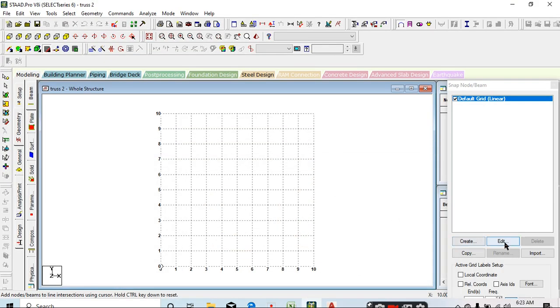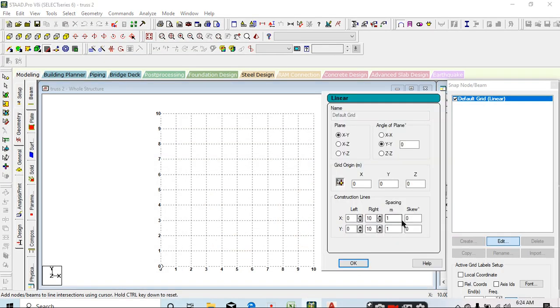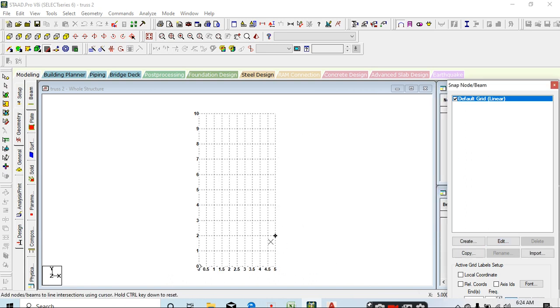So just go to the edit, and the spacing will be 0.5 meter in x direction. Click on 0, then click on 5, at the 3 meter height and 2.5 meter length.